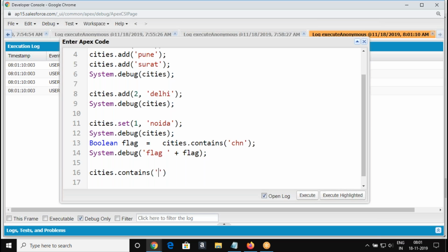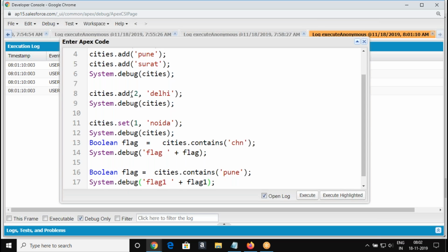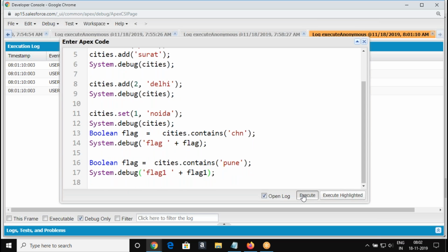You pass whatever value you would like to check. So the last one should return true.